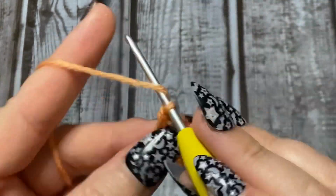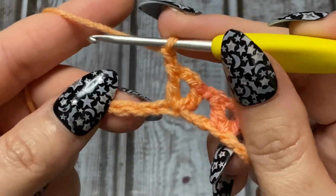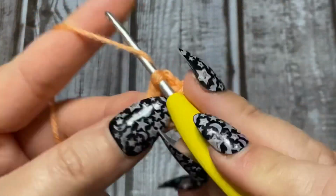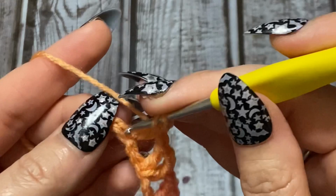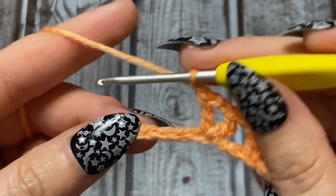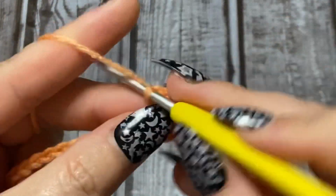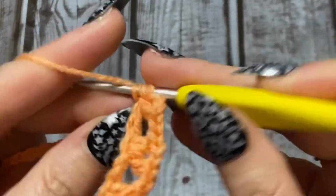Like that. Chain 1. I've got glue and everything else on me. Okay. Skip 2, V stitch into the 3rd stitch, which is a double crochet, chain 2, double crochet, all in the same stitch, chain 1, skip 2, V stitch into the 3rd, there's a fly in here too, double crochet, chain 2, double crochet into the same stitch,